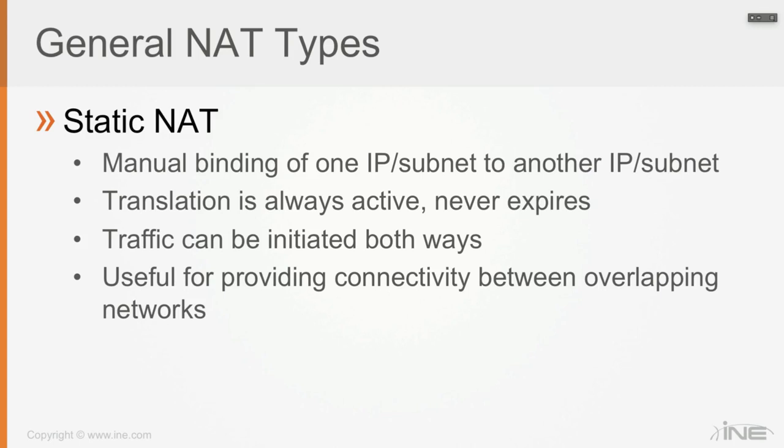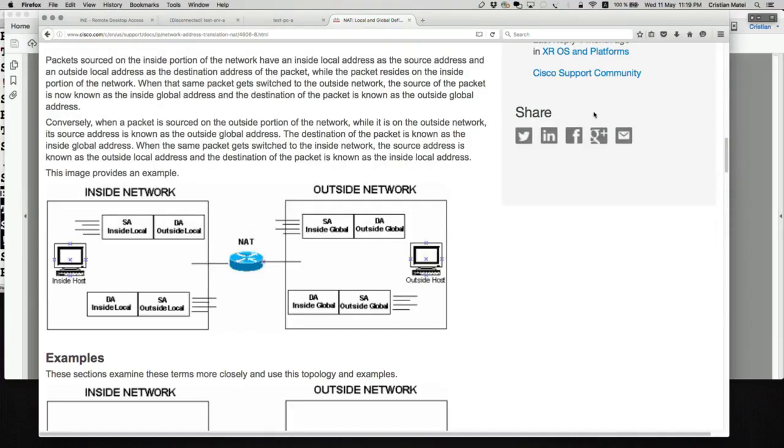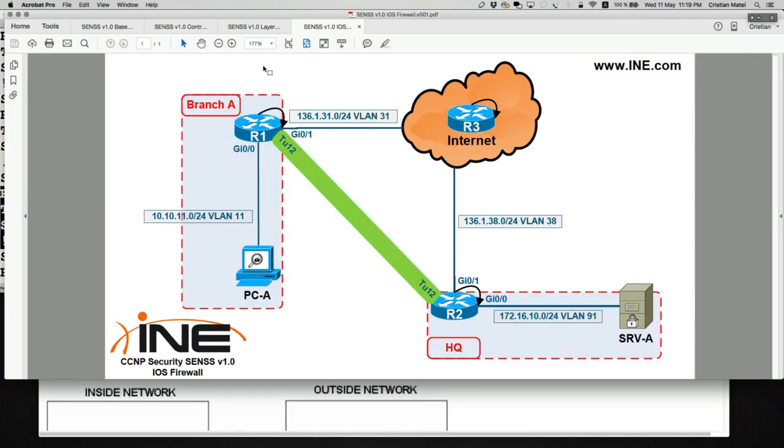And because it's going to be a static NAT, it means you manually do that one-to-one binding, which means the translation is always active, never expires. And because the translation is always active, never expires, traffic can be initiated both ways. This is useful in general for providing connectivity between overlapping networks or with publicly available services. Like, for example, if you look at our diagram,